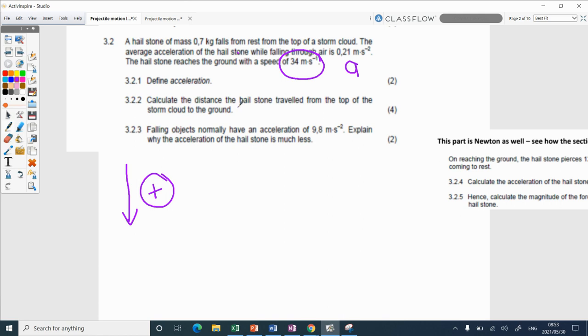It must always have the same sign, even if they give it to you as a negative and positive, you have to change it around. If it's a question that doesn't have a graph, you can always decide yourself, but you need to decide on the direction. If the velocity is down when it hits the ground and you decided that was positive, acceleration will always be down. If you decided that down is negative, then this will be negative. So it's just what you decide.